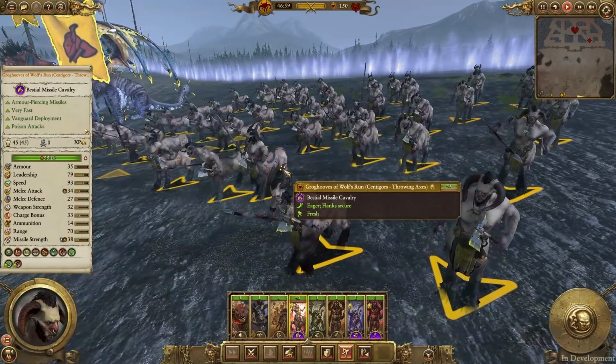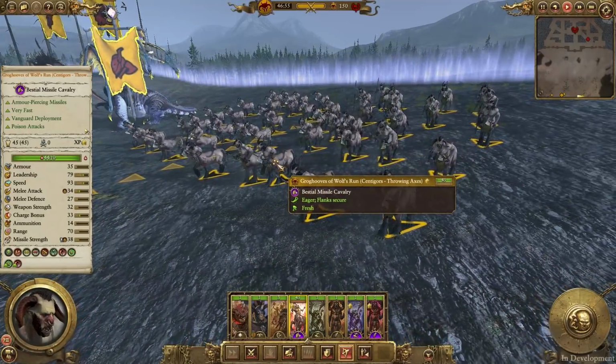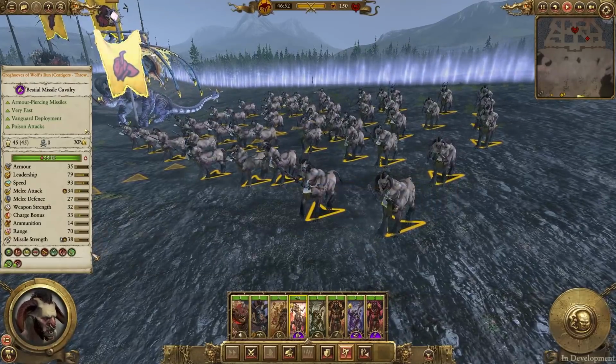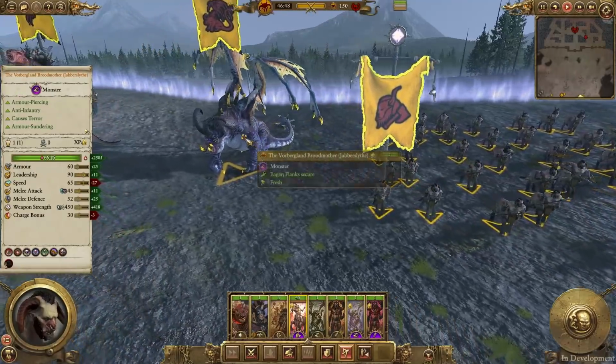A very cool thing, you know, in campaign, if you're going to be getting them, I think they're probably going to be more effective in campaign. As far as multiplayer goes, I guess the healing is always pretty good, right? But, you know, time will tell. These are the Grog Hooves of Wolf's Run. Next up, we have the